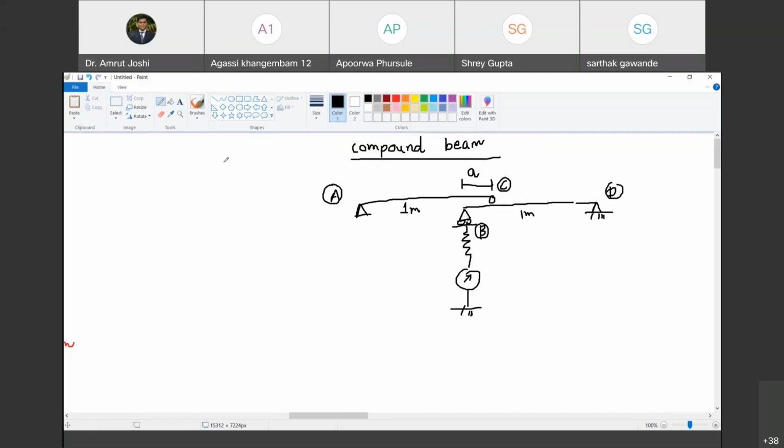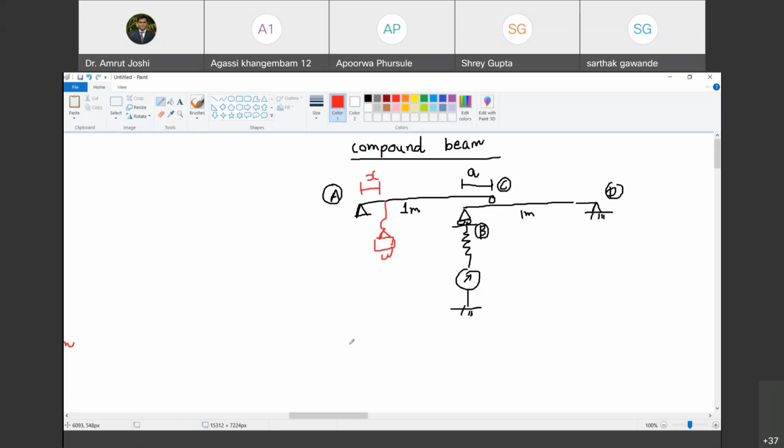Now quickly we are going to do the analytical part. Then I will tell you the experimental procedure and we are going to stop. So for the analytical part, I will first draw the free body diagram of AC. Here I have attached a weight. Are you with me? Yes, sir. So this is weight W attached here. It is at distance X. And now I am going to neglect the self weight of the beams, because as I said, we are going to subtract the initial RB reading from each reading. So we are not bothered about the contribution in RB due to self weight of these two beams. Are you with me? Yes, sir.